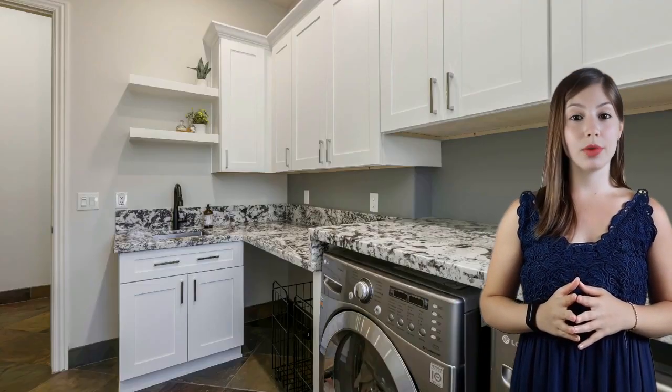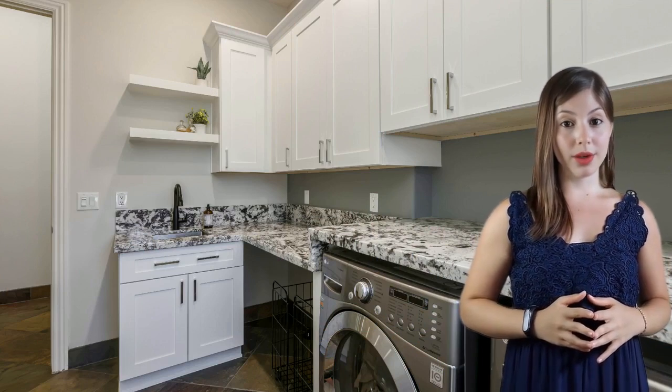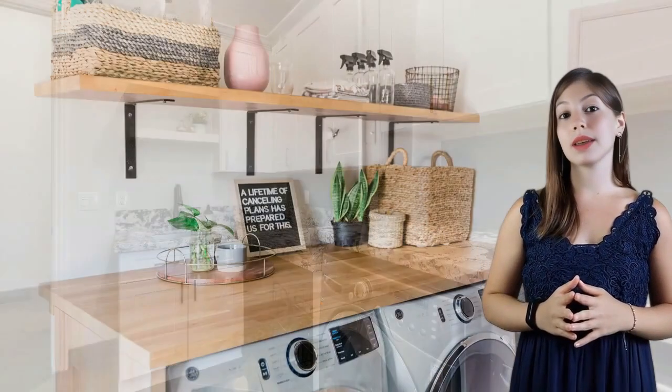Contact us today to schedule a consultation, and let's transform your uninspired laundry area into a stunning and functional space